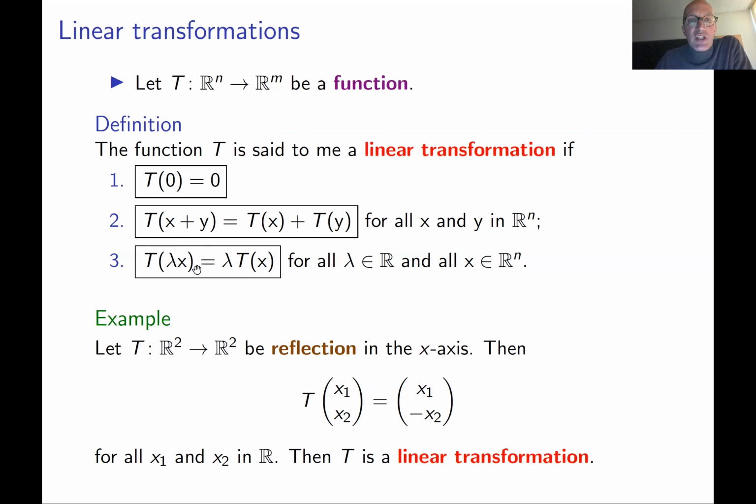And third, you take a vector x, you take any number lambda, you substitute here. You have a vector (lambda x1, lambda x2). By this formula, T of lambda x is (lambda x1, minus lambda x2). But this is the same as lambda times the vector (x1, minus x2). So you prove that T of lambda x is lambda times T of x. Okay. So you checked these three properties accurately, and this proves that T is a linear transformation. You just have to check these three properties.